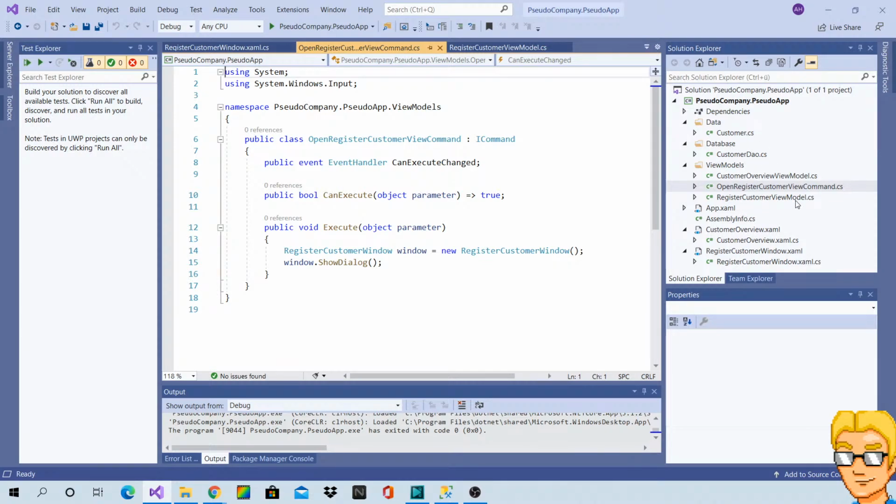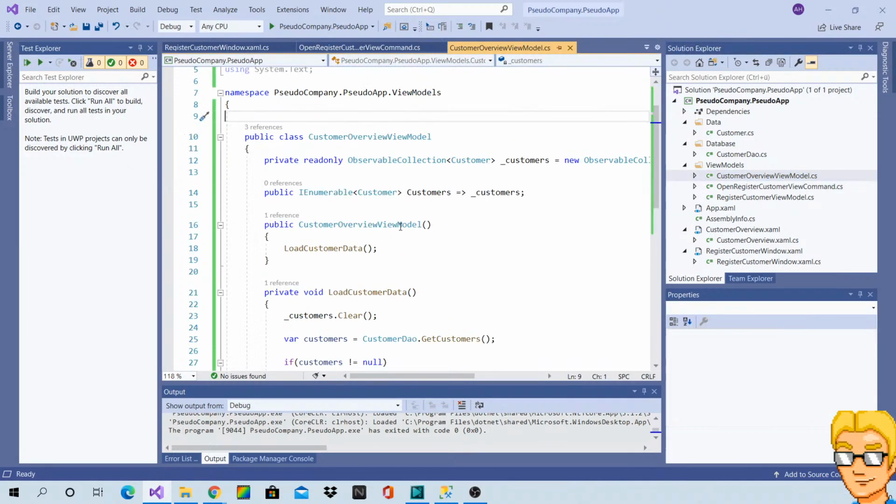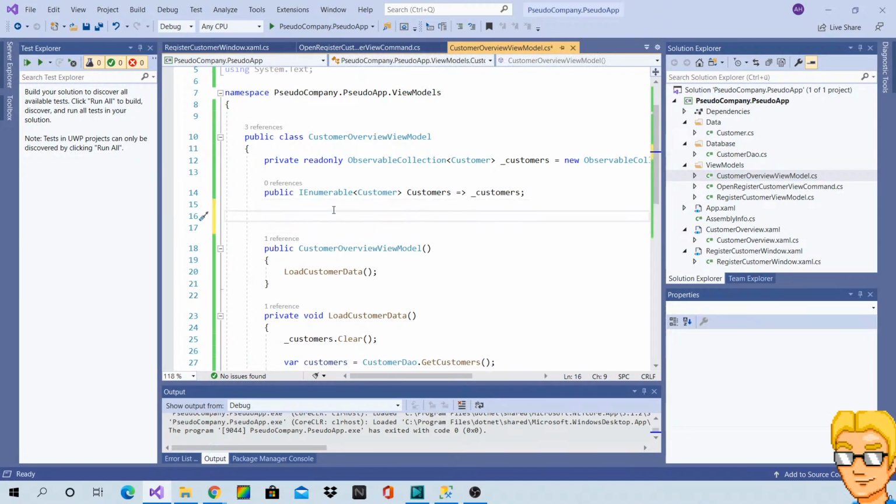So let's go into the overview view model. Let's add a property here.